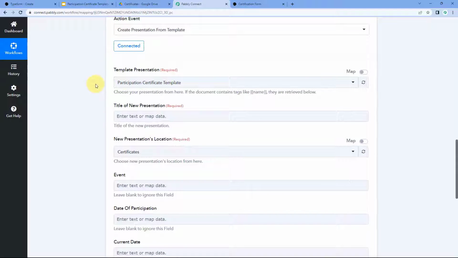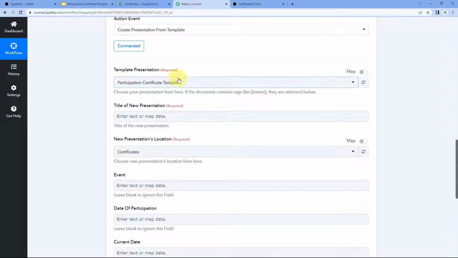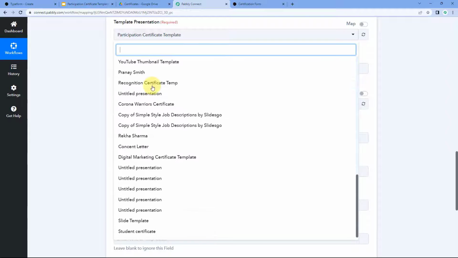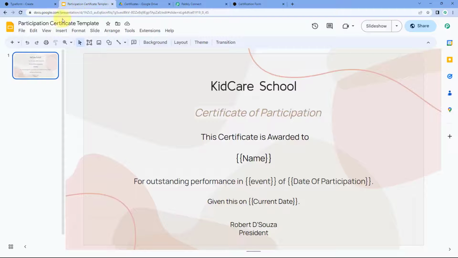That is, out of all the presentations, all the slides which we have created in our Google Slides account, from which particular template we want to create this new slide. So here in the drop down, you can see a list of all the presentations which I have created in my Google Slides account. Out of all of this, we are going to use this template named participation certificate template. So I have created a dedicated template to create certificates of participation for all the users who are submitting